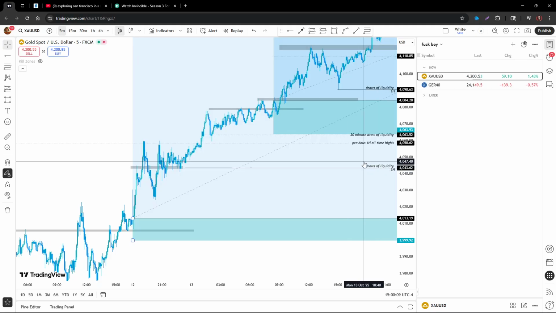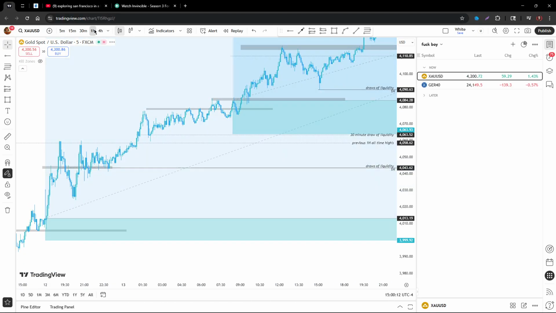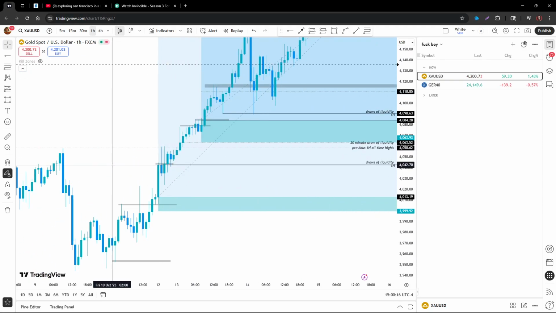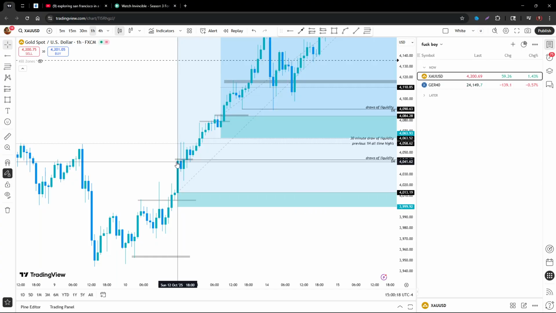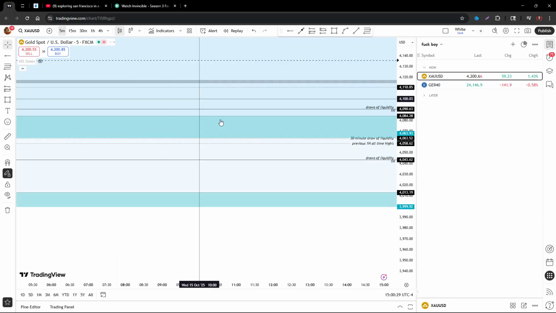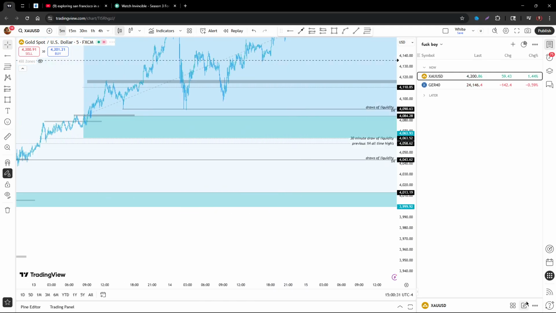I placed some draws of liquidity. So on the 1 hour, we saw that price wanted to pull back to this zone. We had previous highs, so all we did was a break and retest. That's the reason why I didn't get in, because normally I wait for a break, retest, and a break again. But this was just a break and a retest, and then it just kept on going. So, let's get this on.